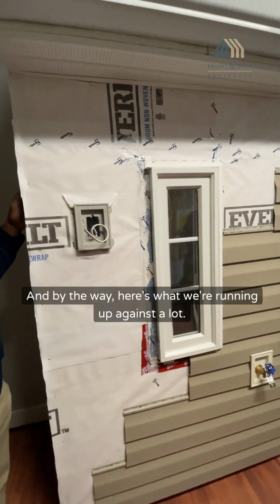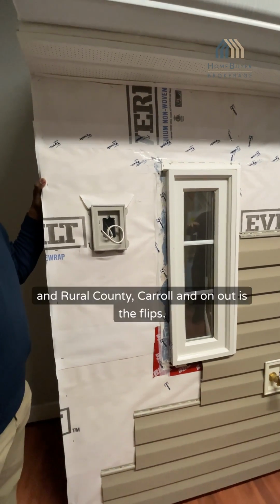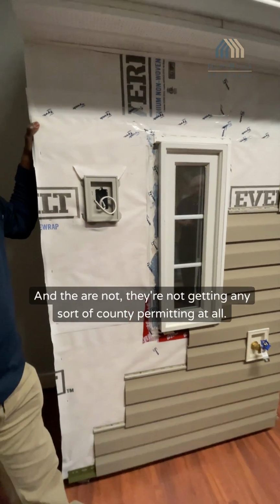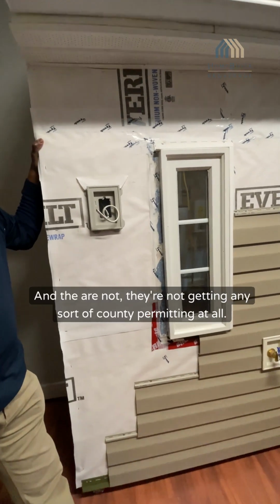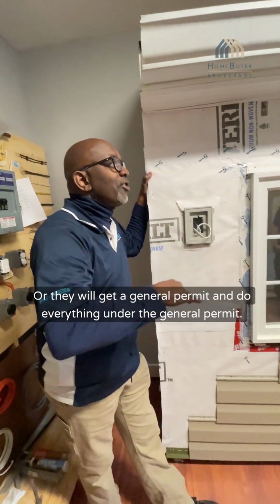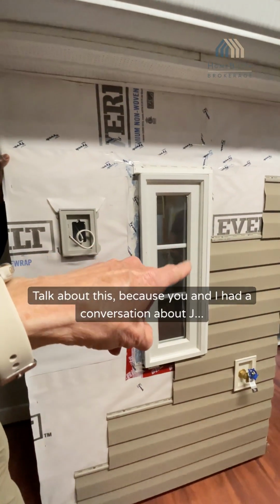Here's what we're running up against a lot. We've been doing a lot more business out in Rome County, Carroll, and on out. It's the flips, which are not getting any sort of county permitting. They were getting a general permit and doing everything under the general permit. You're not supposed to do that. Talk about this, because you and I had a conversation about